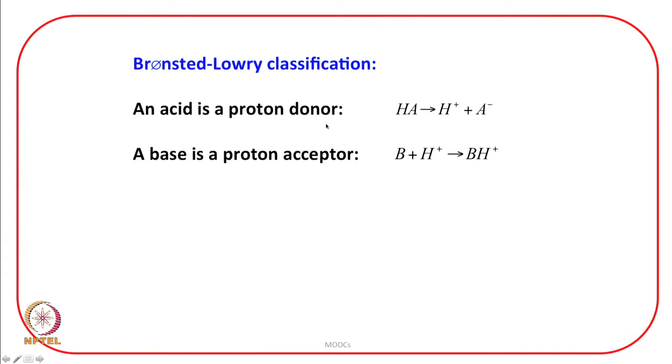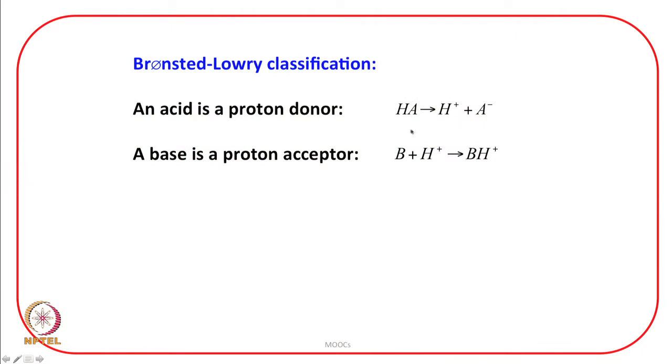A substance which can donate a proton to another molecule will be classified as an acid according to Bronsted-Lowry classification. As seen in this slide, in this equation, HA is an acid because it is a proton donor,